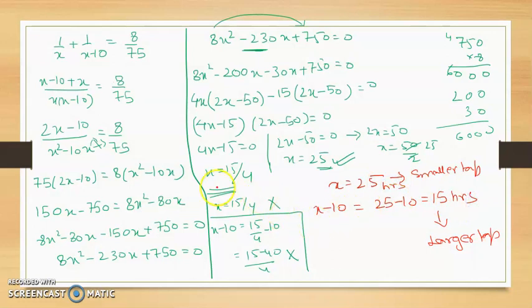I hope you followed why we are not taking x is equal to 15 by 4, because if we take 15 by 4, for the larger tap we had taken x minus 10, students, right. What is the value of x? 15 by 4. So 15 by 4 minus 10 will give me a negative value. How can you get a negative value? So that is why we will not take this. But if we take x is equal to 25 for the smaller tap, correct, for the larger we had x minus 10, so 25 minus 10 is 15, so this is correct. Are you following, students? So in this way we will solve all the questions.